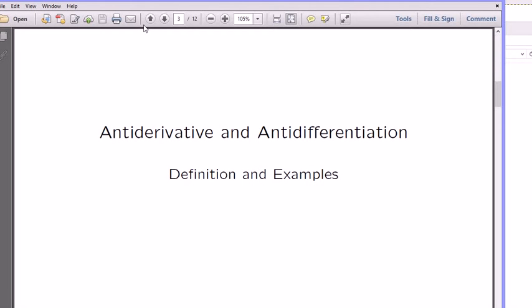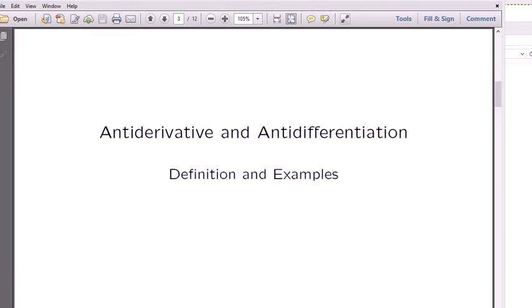Let me just use an example to introduce these two things, antiderivatives and antidifferentiation. Antidifferentiation is reversing the derivative. I think the word suggests pretty nicely what it means: an antiderivative is the resulting function. So for example,